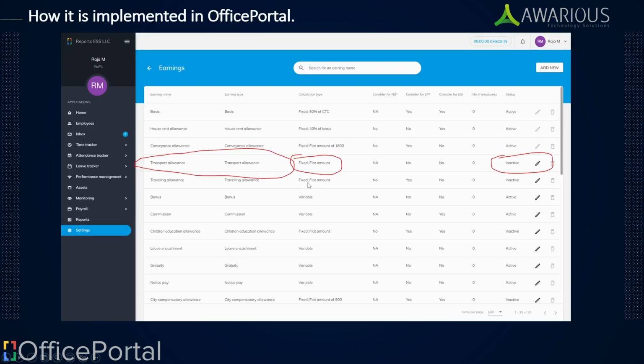Let's see how it is implemented in OfficePortal. The transport allowance has been created as one of the default allowances, with other allowances; out of 30 we have created default allowances. When you go to the main settings, under payroll settings and earnings, you will find transport allowance has been created already. So right now it is in inactive mode, and to add new components, as you